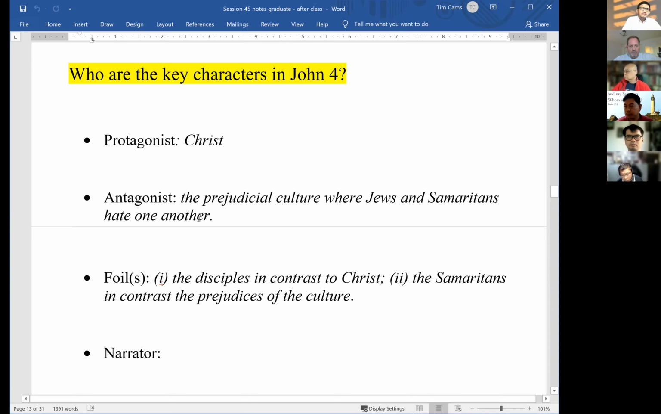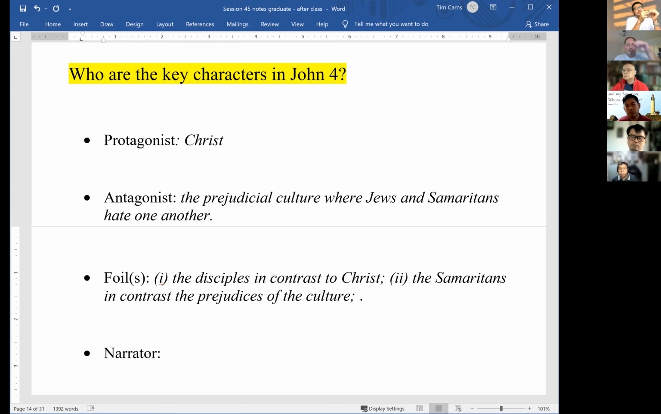The antagonist, as we've discussed, is the cultural attitude regarding the relationship between Jews and Samaritans, and even as expressed by the disciples when they were shocked at who Jesus was speaking to when they got back. The foils that we identified, again, foils seem to be key characters in the story that serve as either a contrast or a comparison to